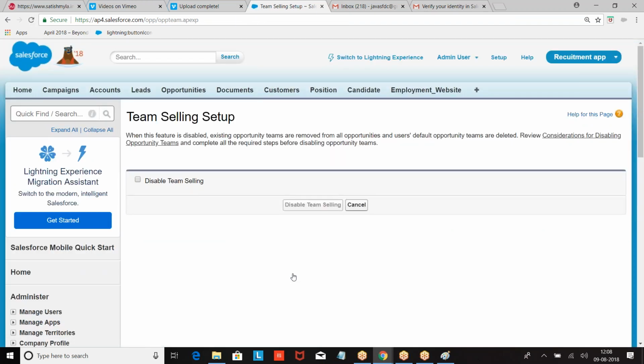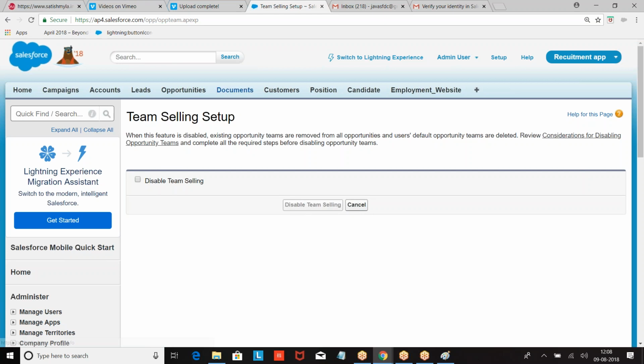So when you are making a team sale, your opportunity amount is split among team members. This member is dealing with how much amount of money. This person is dealing with how much amount of money. Because there are multiple services. For this service, what is the amount? For this service, what is the amount? Who is handling this?